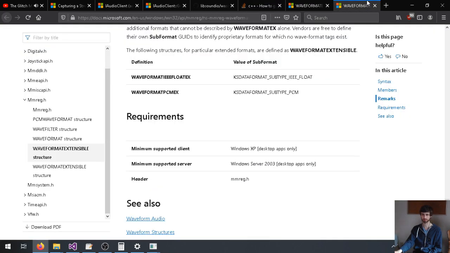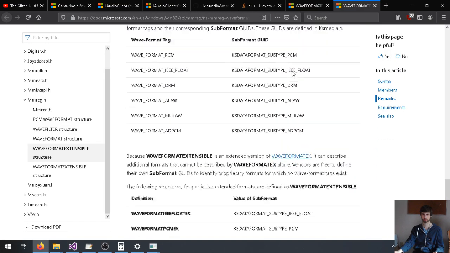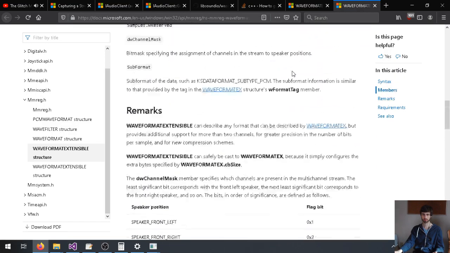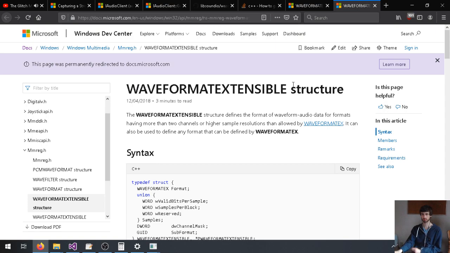That's like... constant format. Well, it's having more than 2 channels or higher sample resolution than allowed. Oh my god, wait. So